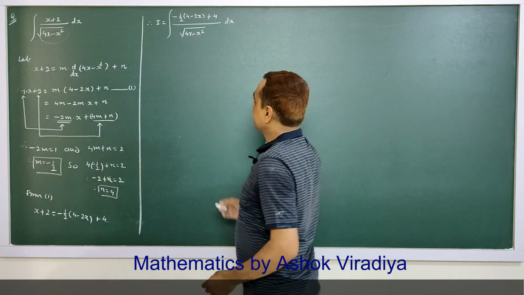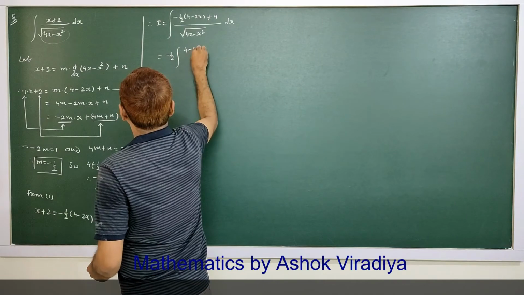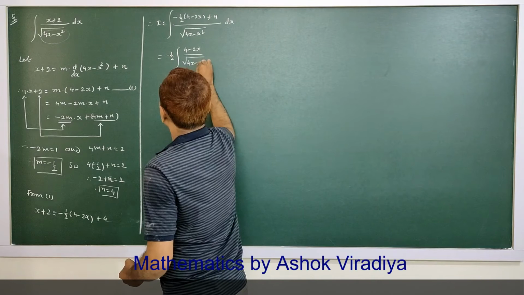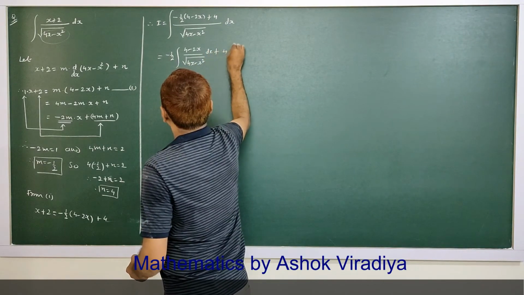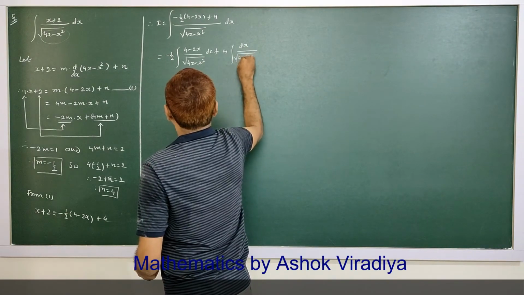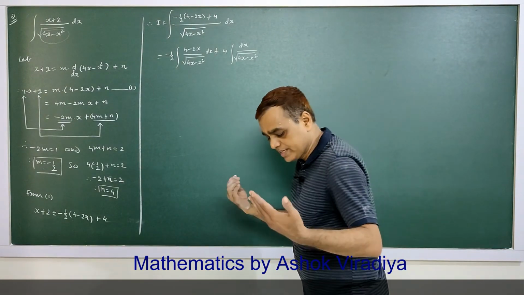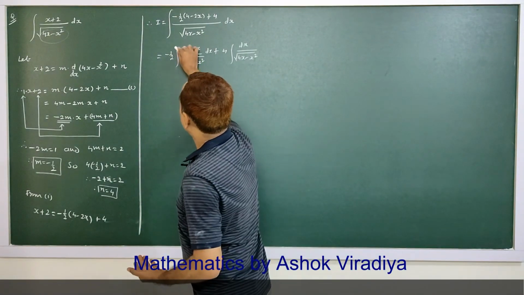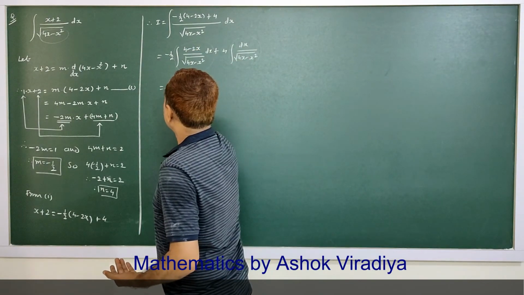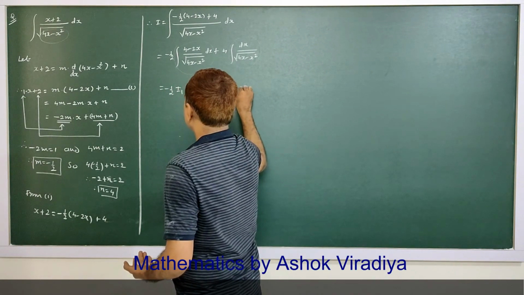Now dividing individually, this is equal to minus 1 by 2 times the integral of 4 minus 2x upon square root of 4x minus x square dx, plus 4 into the integral of dx upon root 4x minus x square. As we did in the last questions, we take this part as I1 and this part as I2. So minus 1 by 2 times I1 plus 4 times I2, suppose this is result 2,